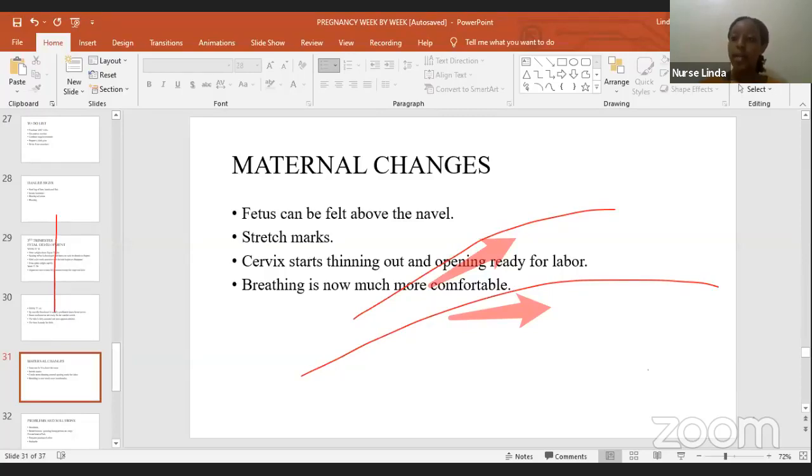But towards the end of the pregnancy, now the fetus goes down into their pelvis, okay? That is known as lightening. They feel lighter because now the fetus has gone into the pelvic bones of the woman ready to be born. And now it leaves much more space up here for breathing, and they feel more comfortable.